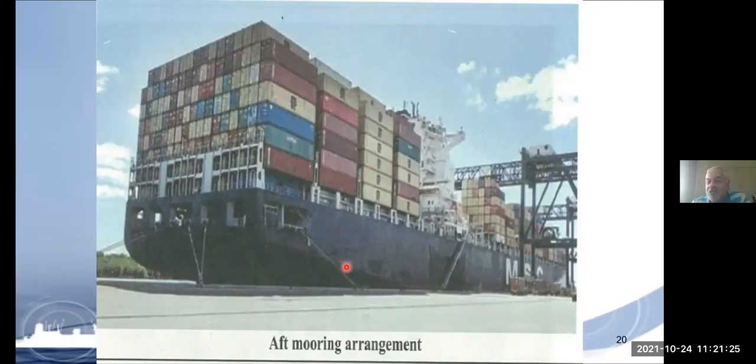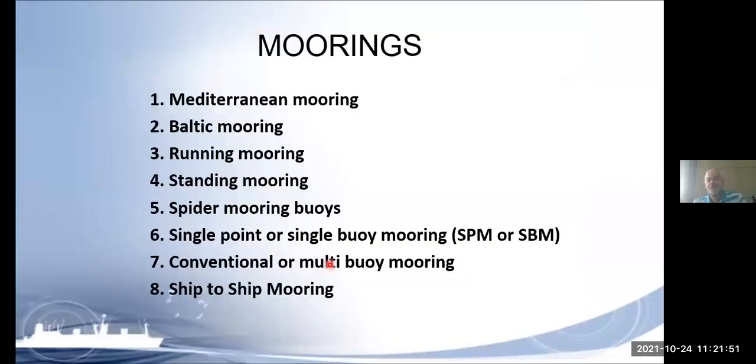Now which side alongside and how is the ship tied up? Can you tell me in mariner's language? Starboard side. Starboard side, 3 plus 3 plus 2 forward and aft. Okay. No, not 3 plus 3 plus 2. Here, we can say 3. Here is 2. And here, I am not sure, but it may be 2. So 3 plus 2 plus 2, starboard side alongside. Okay. Now these standard moorings are 3 plus 3 plus 2 or 4 plus 3 plus 3, whatever.